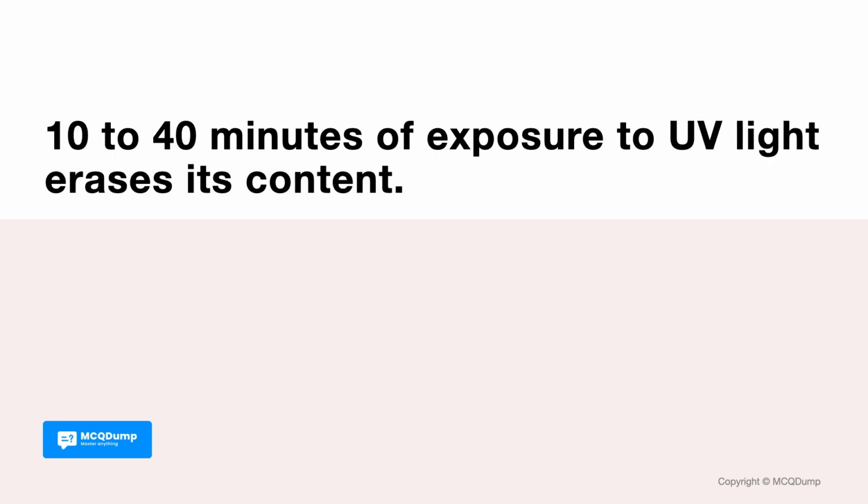10 to 40 minutes of exposure to UV light erases its content. Options are A. RAM. B. ROM. C. EPROM. And D. PROM. Answer is C. EPROM. Usually, an EPROM eraser achieves this function. During programming, an electrical charge is trapped in an insulated gate region. This charge is retained for more than 10 years because the charge has no leakage path. For erasing this charge, ultraviolet light is passed through a quartz crystal